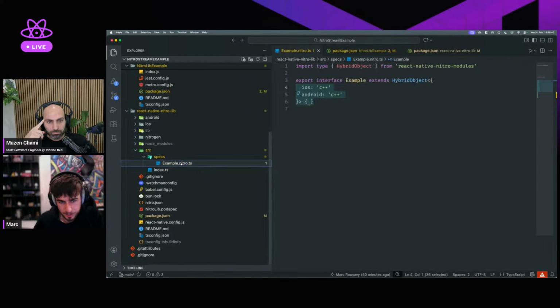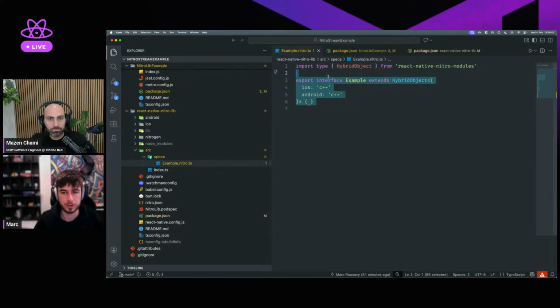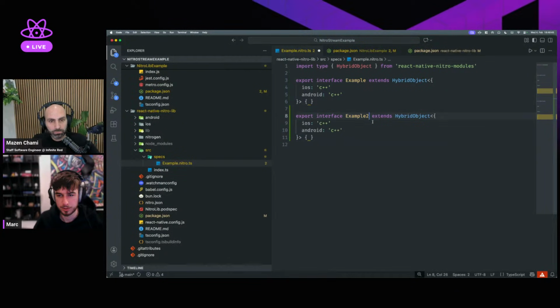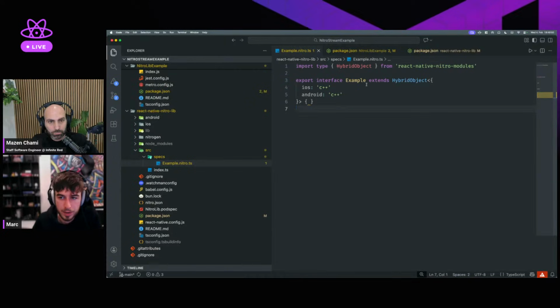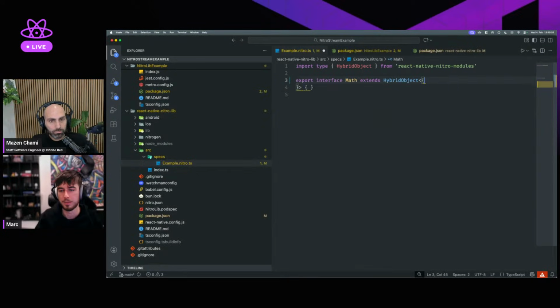So if I rename this, or if I have multiple objects here, it's obviously going to give us multiple objects in here. But what we need to worry about is the spec definition. So for the simple module, I always use it as an example. It's called math. You always write export interface Math extends HybridObject, and then here you have this generic clause, whatever, arguments